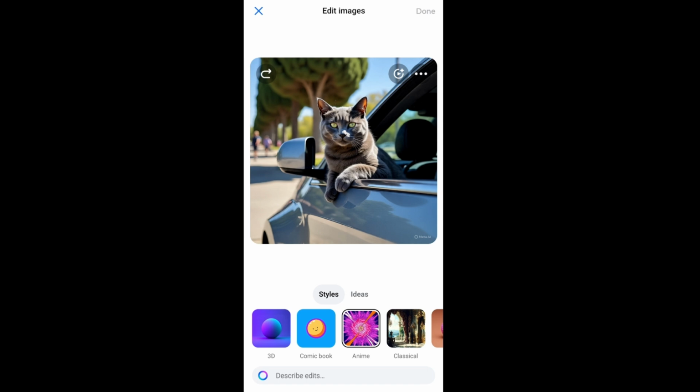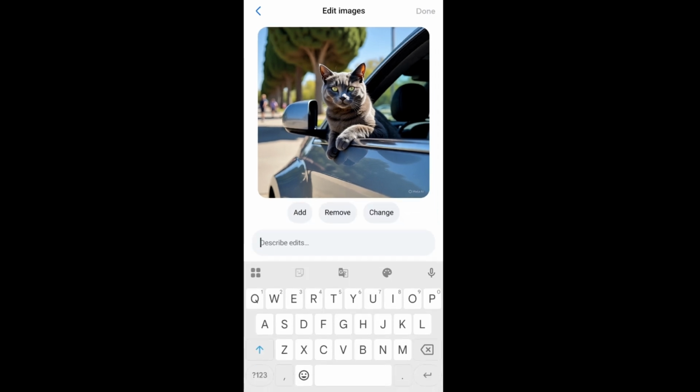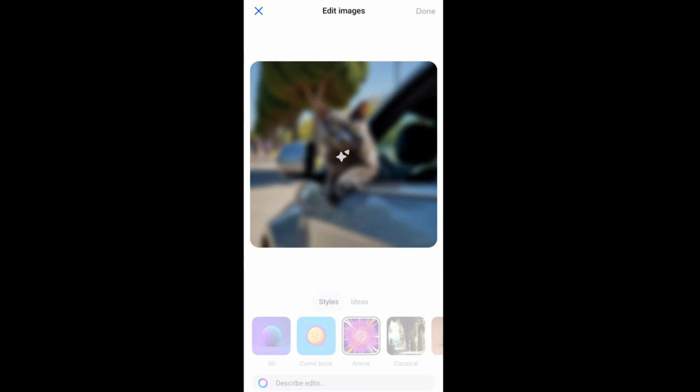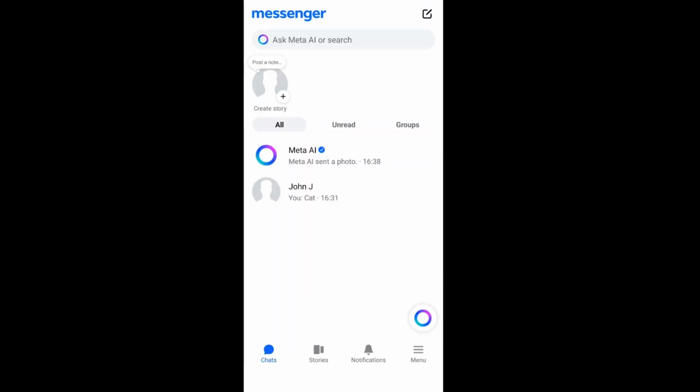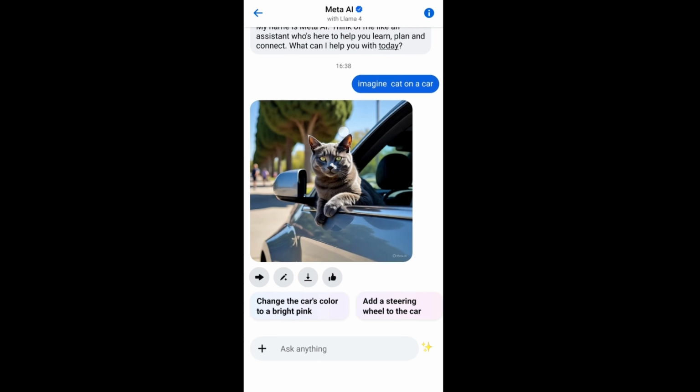So here we are having describe edits, right? Click it and just type what you want to add, remove or change. So if I click on add, we'll be getting this add thing. Remove means remove will come here, change will be coming here. So I'll just go with change. After selecting change, I'm asking it to change the color of the cat to red, and run this. And damn, the cat's color has been changed to red. And after that, you can do the exact same options or convert it into a video. And after that, here you will be having Meta AI in the chat, where you will be able to see